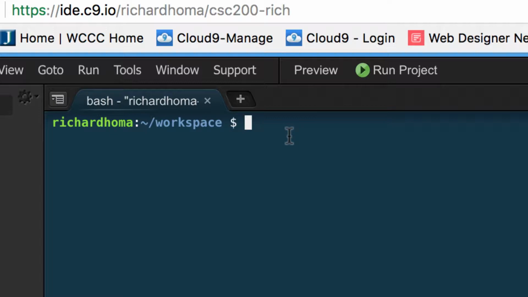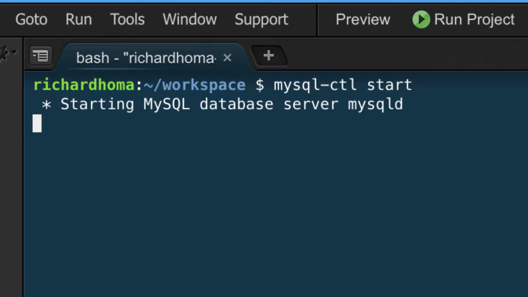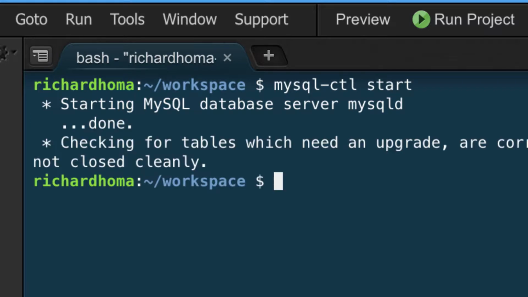So what I'm going to do in here first to make sure it's working, you could do two things. One, you could put in MySQL, and it's -control CTL, and then just do start. And you could hit enter, and there it says starting, and everything looks okay. And then you also want to do this. You want to do